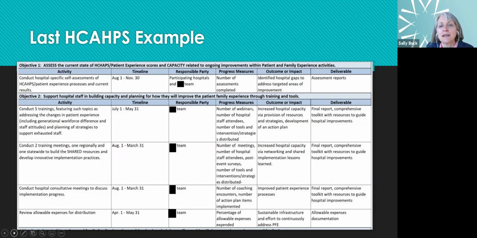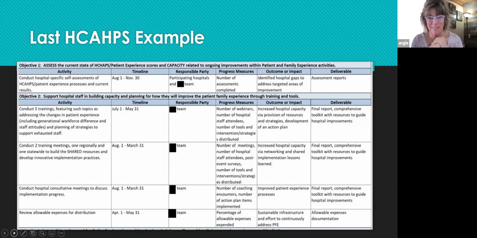So Angie, that's Sally, for the outcome or impact. For instance, in this second row, conducting the training meetings regionally and statewide, it looks like progress measures will be robust. But then if they're going to increase hospital capacity by 25%, that they're setting, again, if this was the work plan being submitted, they haven't collected the measure yet, but having a sense of how much of